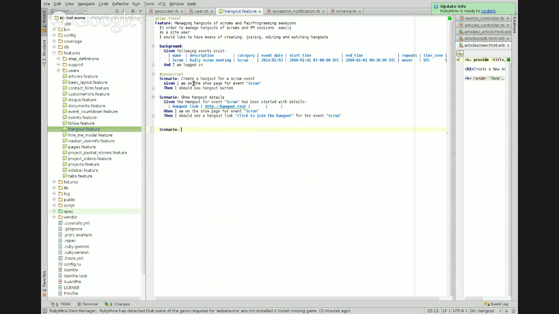Right. So you have a scenario already for create a Hangout for a Scrum event. Yeah, this is the first scenario which we've been working on. This is implemented already. So when I'm on the show page, I should see the Hangout button. Great, that is done. When I'm on the show page for the event Scrum, I should see a Hangout link: Click to join the Hangout for the event Scrum. We do have that, so that works. Okay. So the next scenario would be